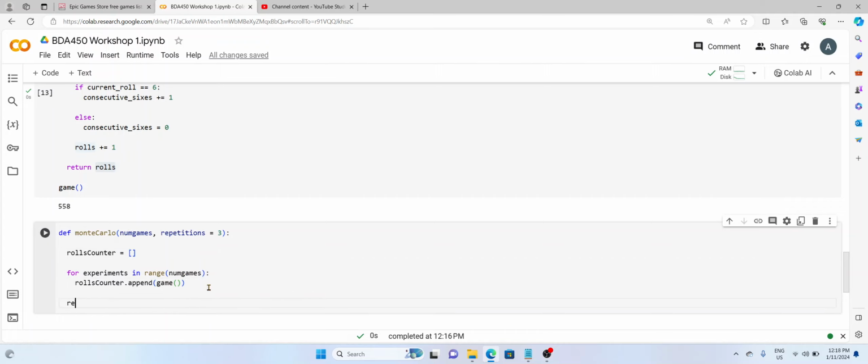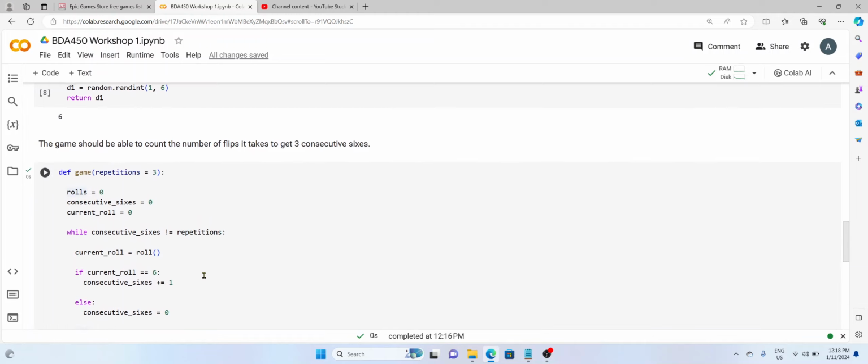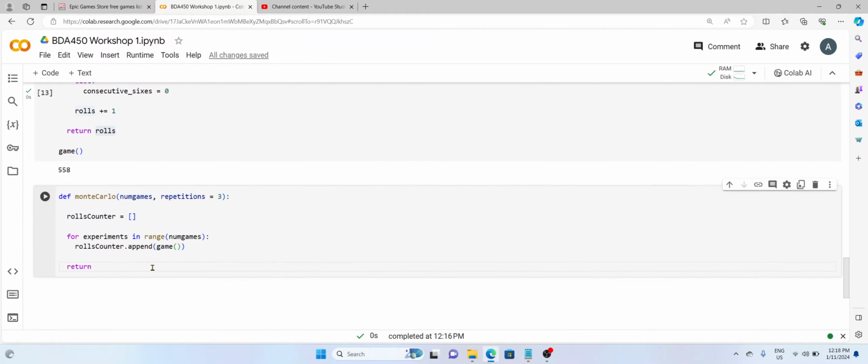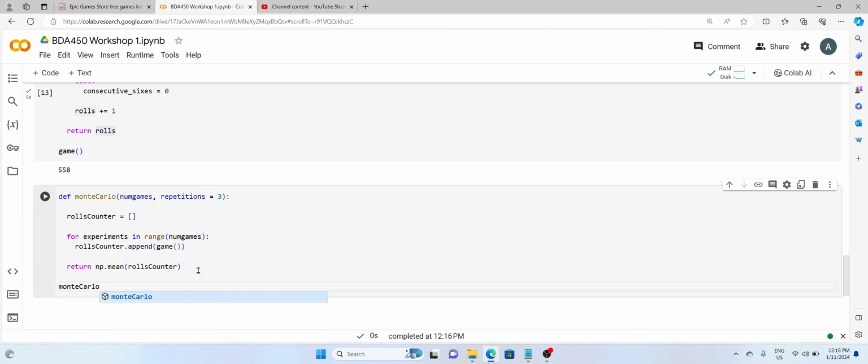Okay, so after that's done, I can return. I have numpy, right? Yep, I have numpy. So I can return np.mean of rolls counter. This will just give me the average value of whatever is stored in here after appending the games many times. So if I do this, and I actually call the function, hopefully it works, Monte Carlo,